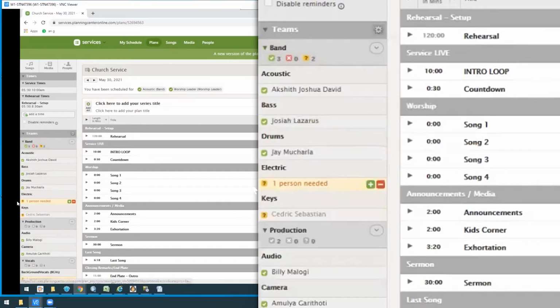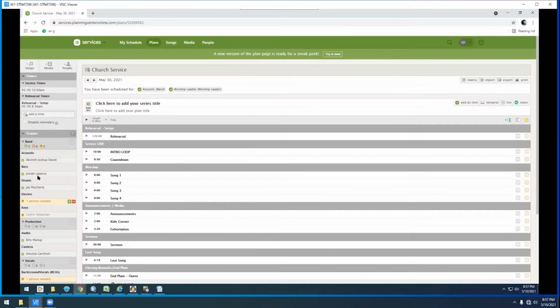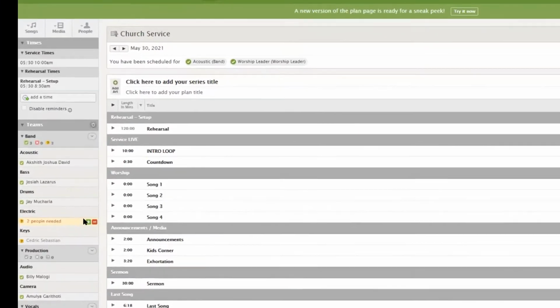It takes you to only this particular search result. These are again preset based on the schedule. But if you want to add people, remove people, or maybe change the people who are already scheduled, you can do it pretty much by just adding a person. Let me show you an example. Okay, so let's say I need someone for electric. So under electric,